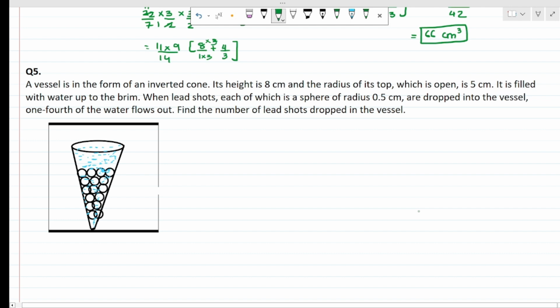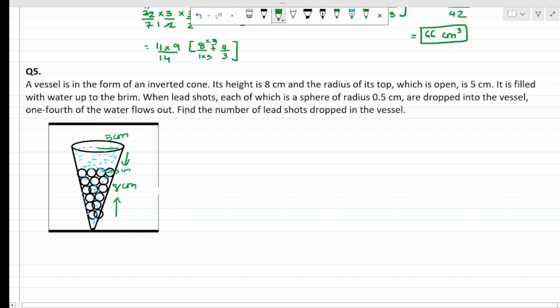Okay. So moving on to the next question, which says a vessel in the form of an inverted cone. That means we are given a vessel which is in the shape of an inverted cone. Height is 8 centimeters. And the radius of its top, which is open, is 5 centimeter. It is filled with water up to the brim. When lead shots, each of the sphere radius 0.5 centimeter, that means your radius of this sphere is 0.5 centimeter, are dropped into the vessel,